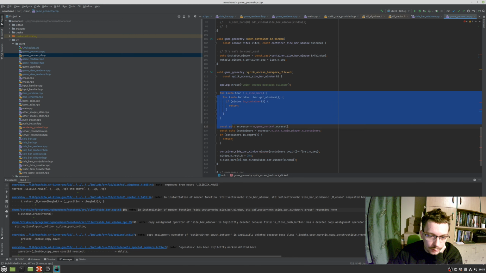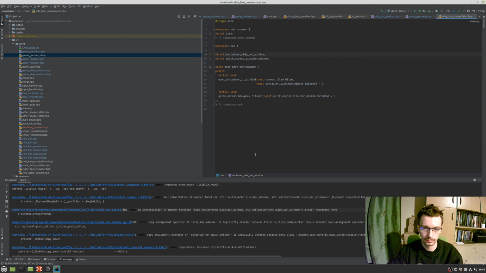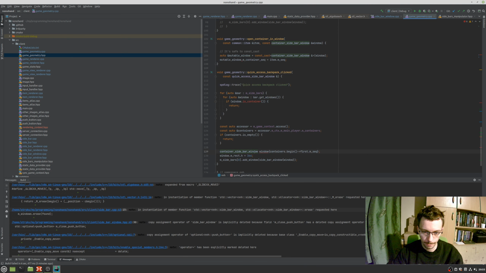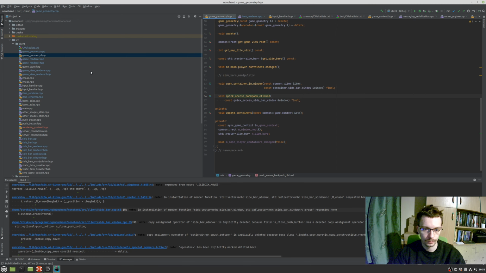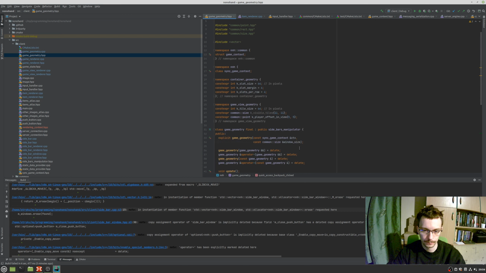Yes, and then we iterate. Okay, and we create a container sidebar window. And we create another window. So we create windows in game geometry. And game geometry,